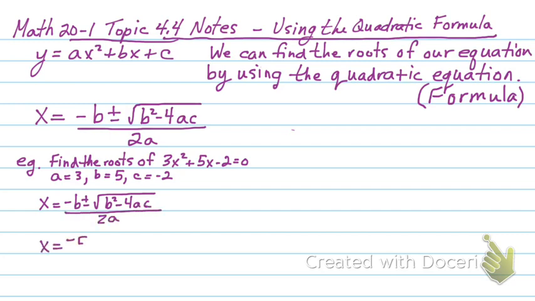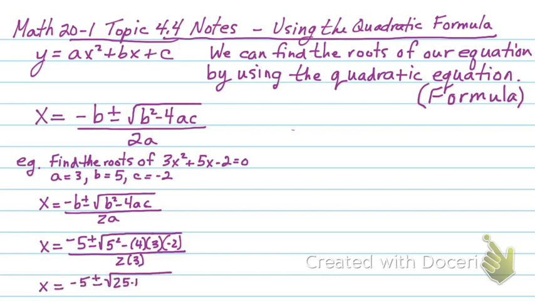Then we're going to substitute. Negative b is the negative of 5, plus or minus the square root of 5 squared minus 4 times 3 times negative 2, all divided by 2 times 3. To simplify, what's under the square root sign first? 5 squared is 25 plus 24